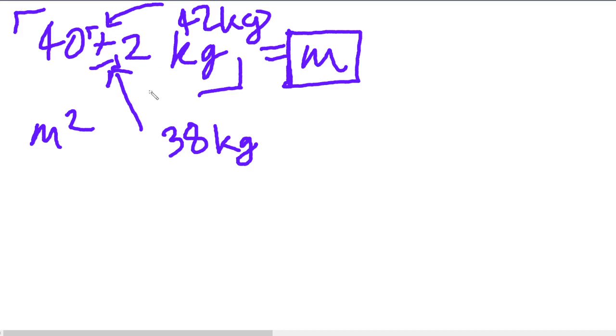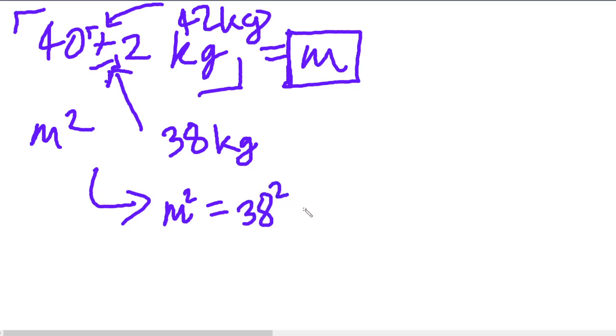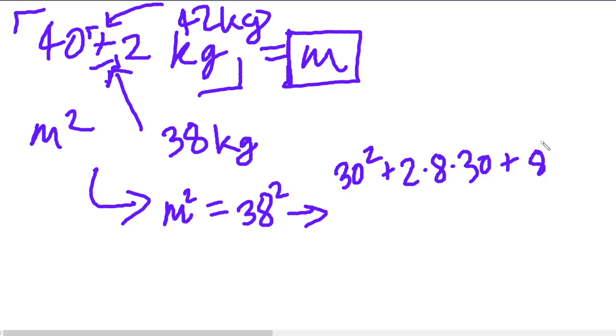So you have this consideration that it could be 38 to 42 kilograms, and when you square it, you want to convert this to some other form where you're taking into account that range. So at the minimum, m squared could be 38 squared, which would lead us to, if I am thinking correctly, let's see, 30 squared plus 2 times 8 times 30 plus 8 squared,